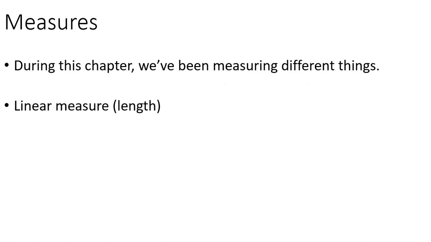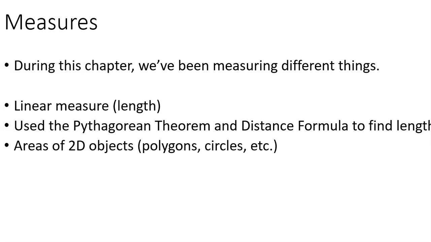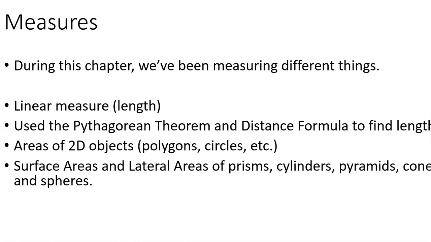Volume is a little bit different from the other two in the types of measures we're doing. So we had linear measure. We used things like the Pythagorean theorem, the distance formula to find out how long something is. We had started at the beginning of the chapter with just take a ruler, take a hand, take a paperclip, and measure how many of them go across the surface. But then we figured out areas of two-dimensional objects. So we looked at things like areas of a polygon, areas of a circle. We extended that to surface areas, lateral surface areas, total surface areas of prisms and cylinders and pyramids and cones